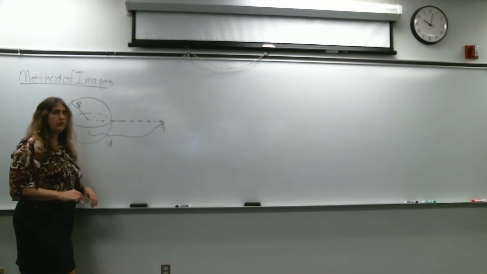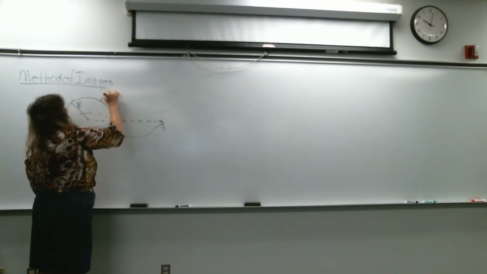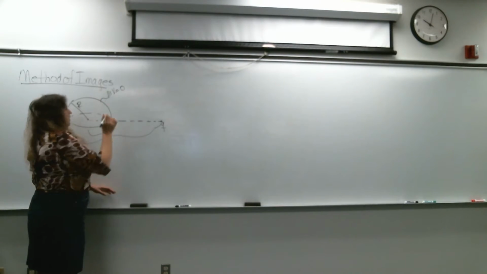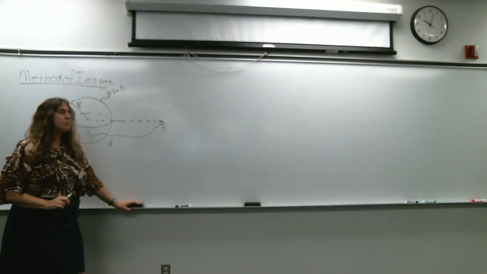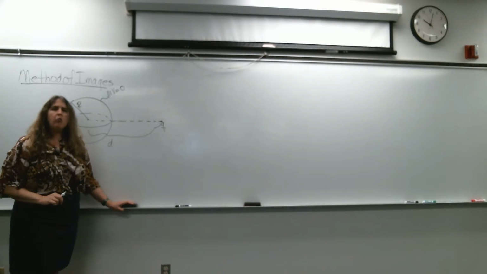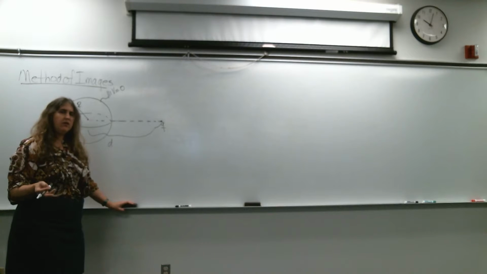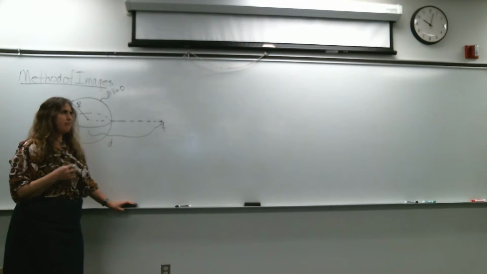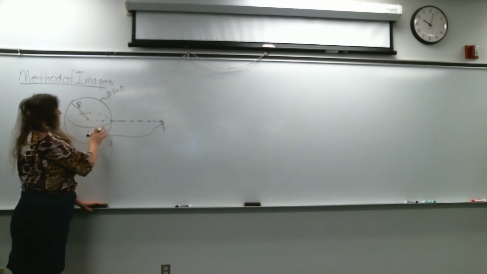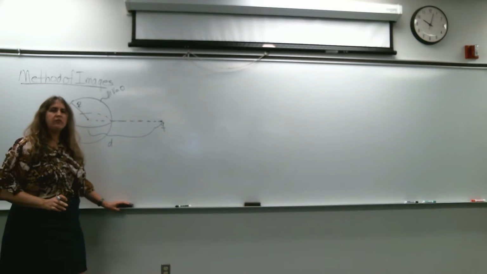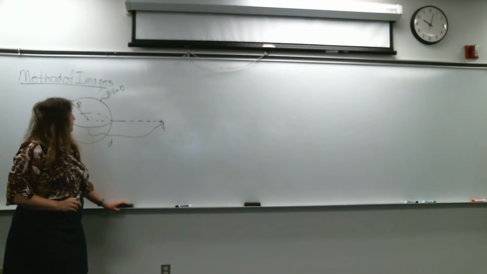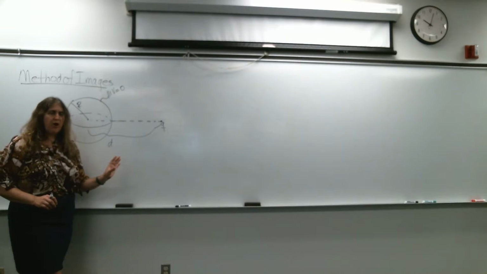My conducting sphere is grounded, so therefore the potential is 0 there. And I want to figure out what image charge I can use such that the potential on the surface is equal to 0. So in other words, I'm going to replace this problem